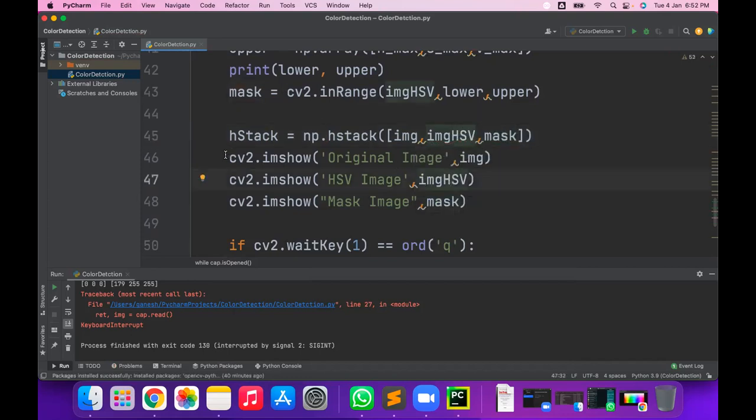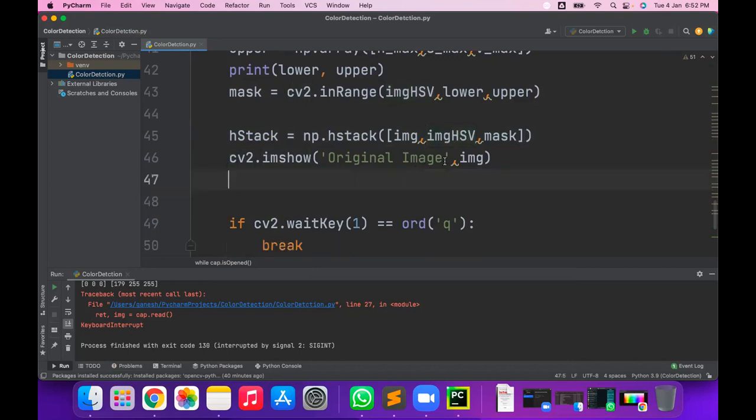I want to have only one imshow function, and it is showing the horizontal stack, the image hstack.